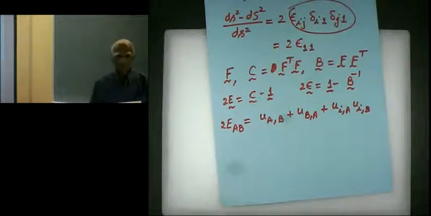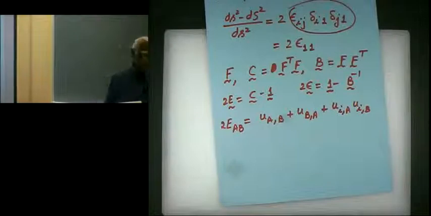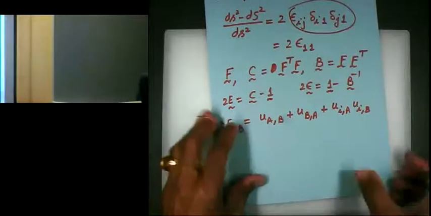Mi and mj are the components of the unit vector m in the deformed state. But how did you assume it is a unit vector? Because this is a deformed vector. But see, we wrote here P prime Q prime over its length. So that's a unit vector. P prime Q prime is the vector itself, ds is its length. So if you divide the vector by the length, you get a unit vector.